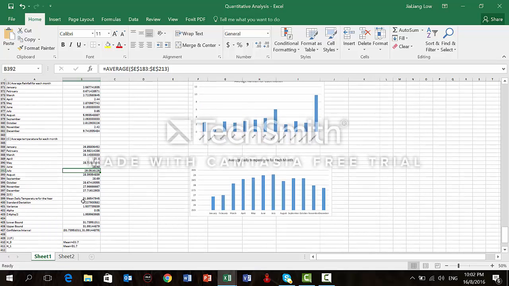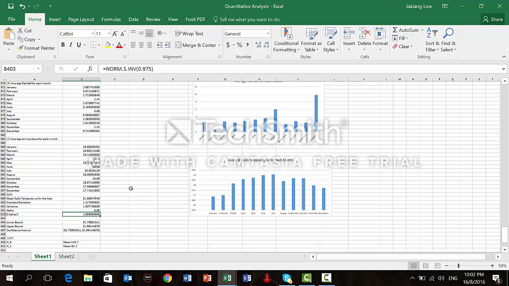for 2E, first I list out everything. So I list out the mean daily temperature for the year, which means it's the equals average function, and for standard deviation it is the STDEV.P function, and for variance I just square the SD, because the square of SD is equivalent to the variance. And the alpha is 0.05, and for z alpha over 2 I use the NORM.S.INV, and